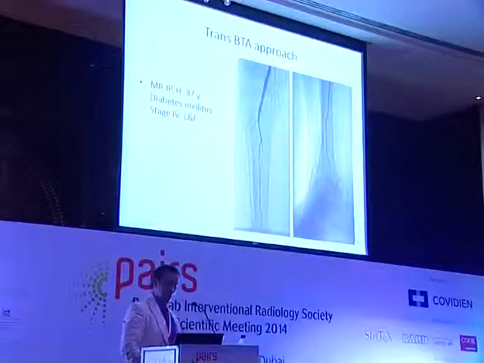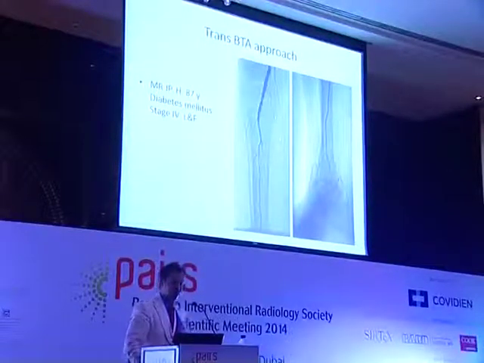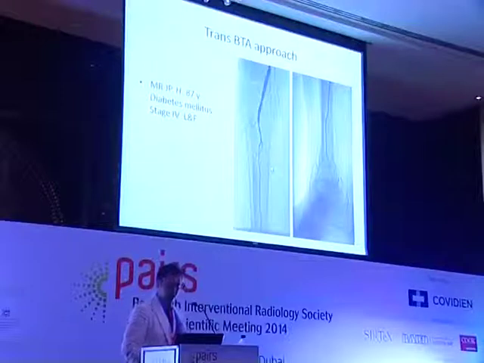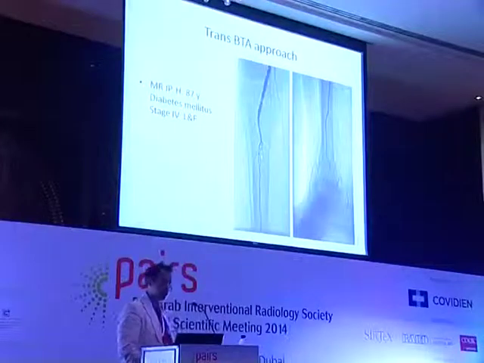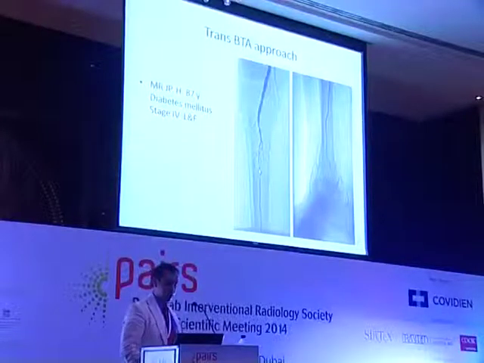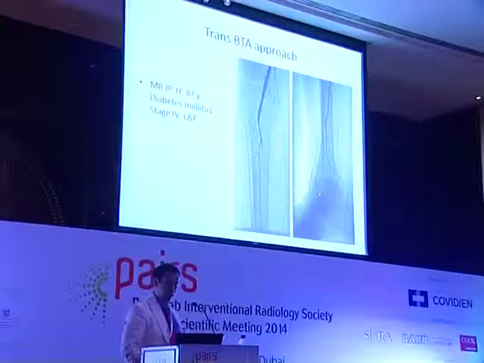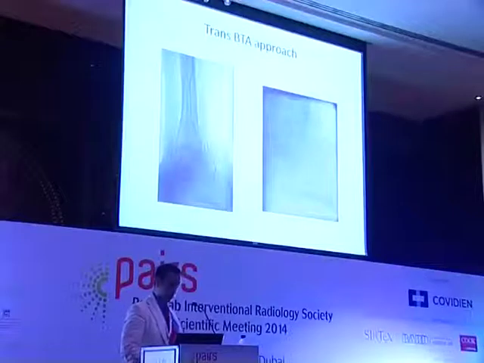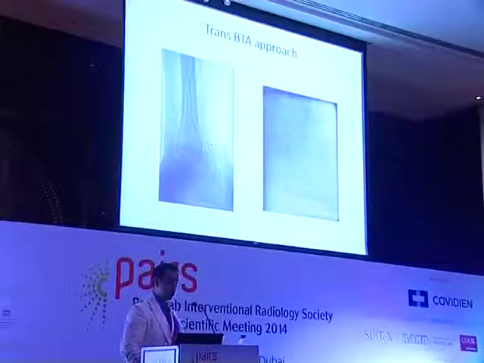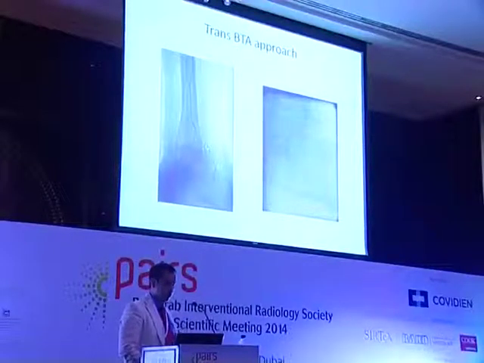Here in this case you can see that we are in Rutherford 6 in a limb salvage situation with total occlusion of the posterior tibial artery. We tried first to open some stenosis in the proximal part of the peroneal artery, but it didn't help, so we decided to go to the posterior tibial artery. We tried to stay endoluminal, but we couldn't, so we continued subintimal without any chance to re-enter at this level. We did not want to compromise the re-entry of this collateral anyway, so we decided to puncture the